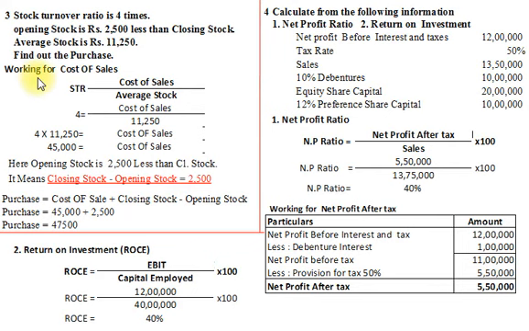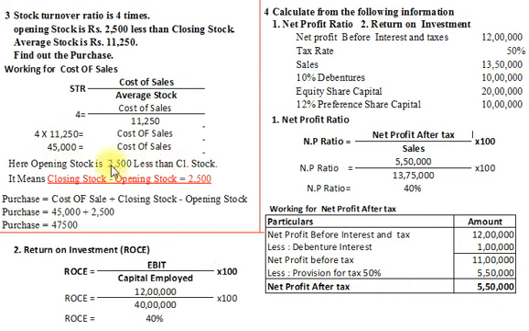First of all, we will see working of cost of sales, that is cost of goods sold, and for that we will use formula of stock turnover ratio. The formula is cost of goods sold divided by average stock. Now let us put the available data. Stock turnover ratio 4 is equal to cost of sales, not available, divided by average stock 11,250. So in next step we will get 4 multiply 11,250 is equal to cost of sales. So it is 45,000 is cost of sales.